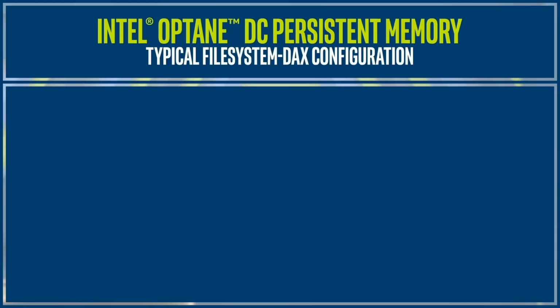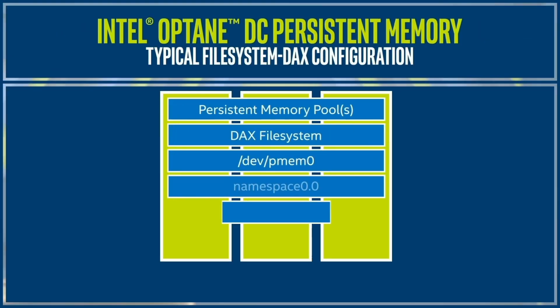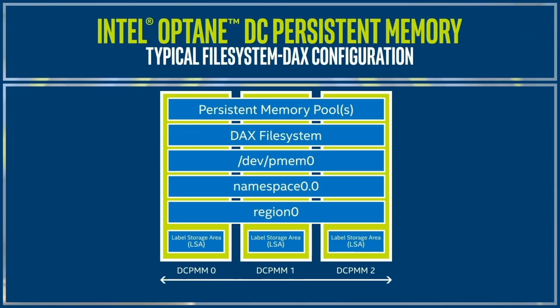DAX removes the page cache from the I/O path and allows the system call to mmap to establish direct mappings to persistent memory media. The DAX capabilities enable workloads or working sets that would exceed the capacity of page cache to scale up to the capacity of persistent memory. Workloads that fit in page cache or perform bulk data transfers may not see benefits from DAX, though, when in doubt, pick this mode. The figure shown here shows a typical file system DAX configuration with 3 modules that have